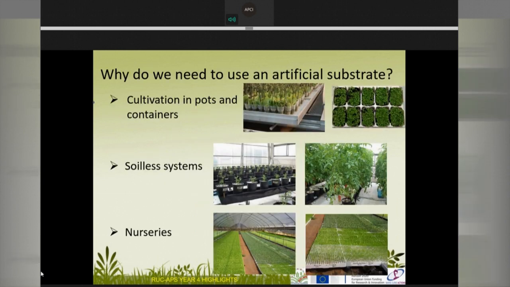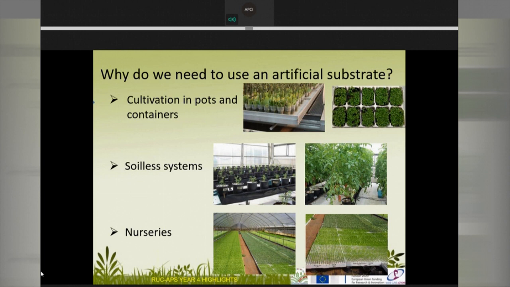Okay, I think that the first question coming in the listener's mind might be, why do we need to use an artificial substrate? It's worth remembering that an artificial substrate is mainly used in greenhouse cultivation, even if I'm going to show you an example of use in open field as well. So in greenhouse cultivation, the main areas using artificial substrates are represented by cultivation in pots and containers, soil systems,